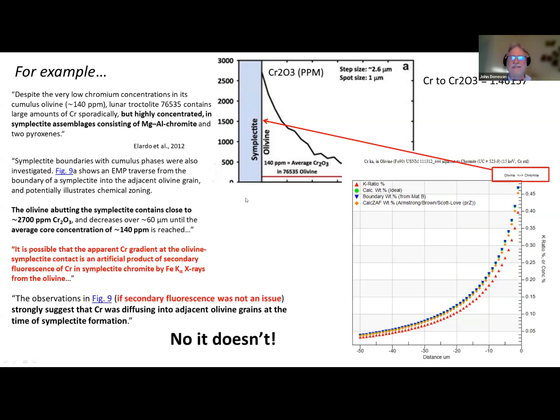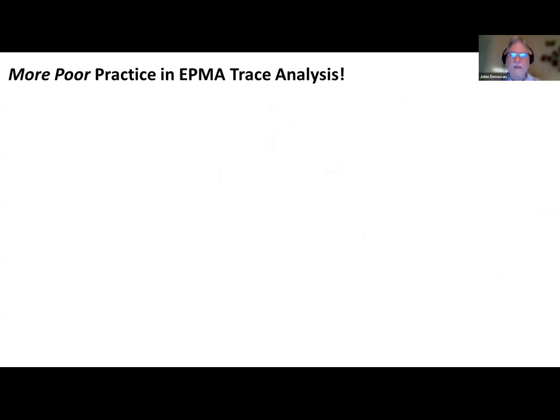it's completely an artifact. So the entire thermodynamic basis of the paper was null and void. And relevant to that equation that Sergey showed, where the concentration of the standard is important for improving your trace element analyses,